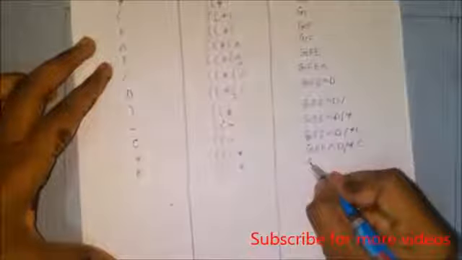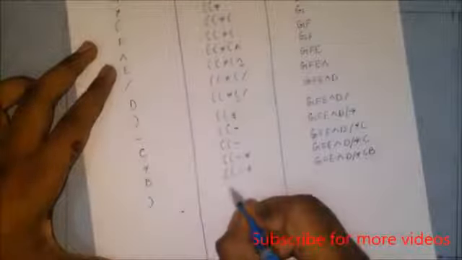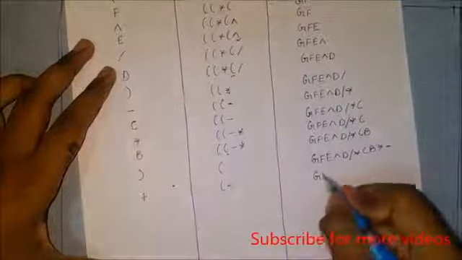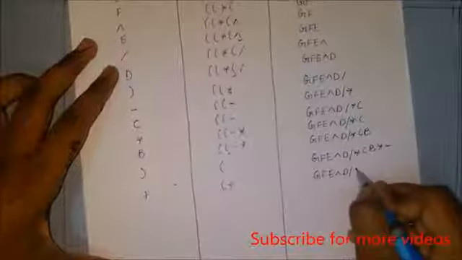Again, a b operand, so b will be added into the postfix expression, and the stack will be as it is. Again, a right parenthesis, so on adding a right parenthesis, it will pop out the stack till the left parenthesis, till here. So the multiplication operator and the minus operator will be added into the postfix expression. Again a plus operator, so plus will be added into the stack, and the postfix expression will be as it is.